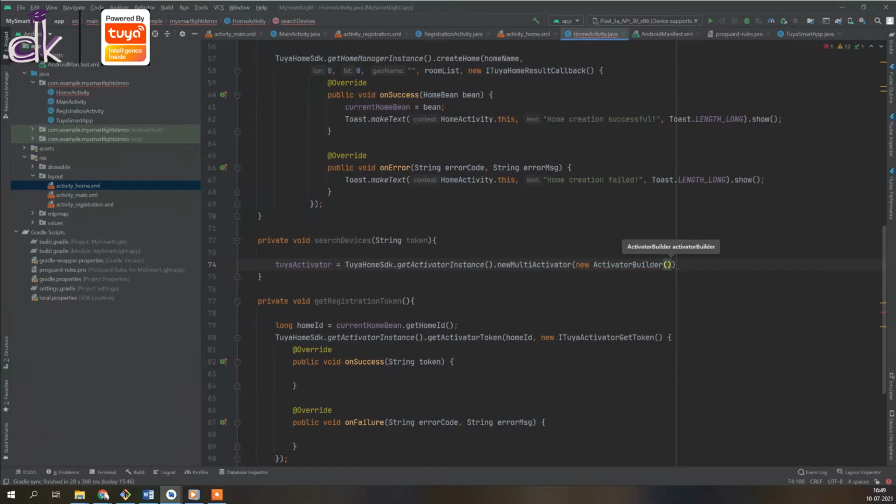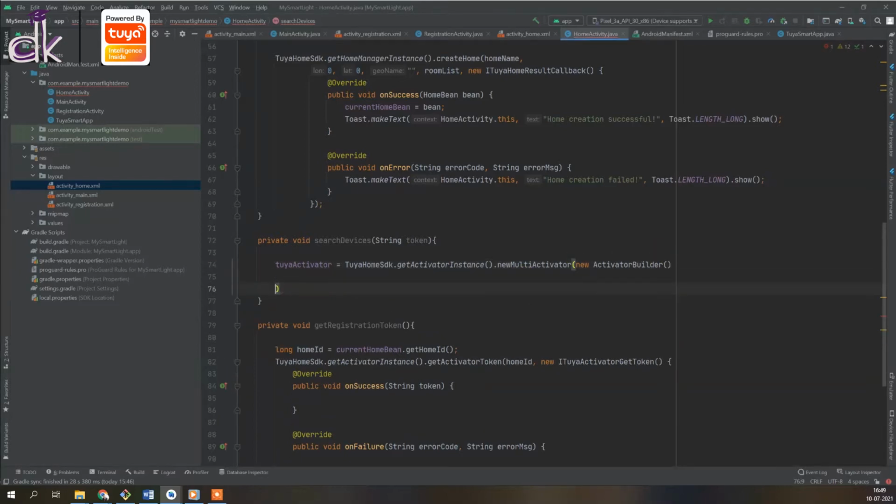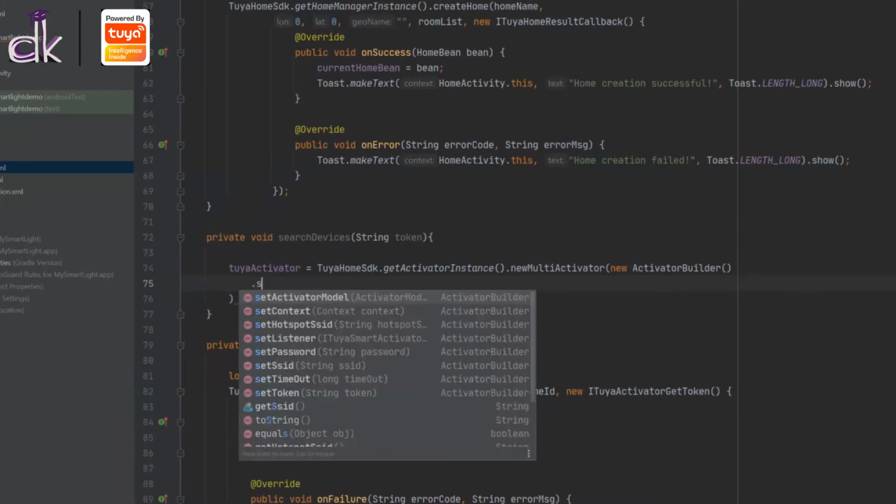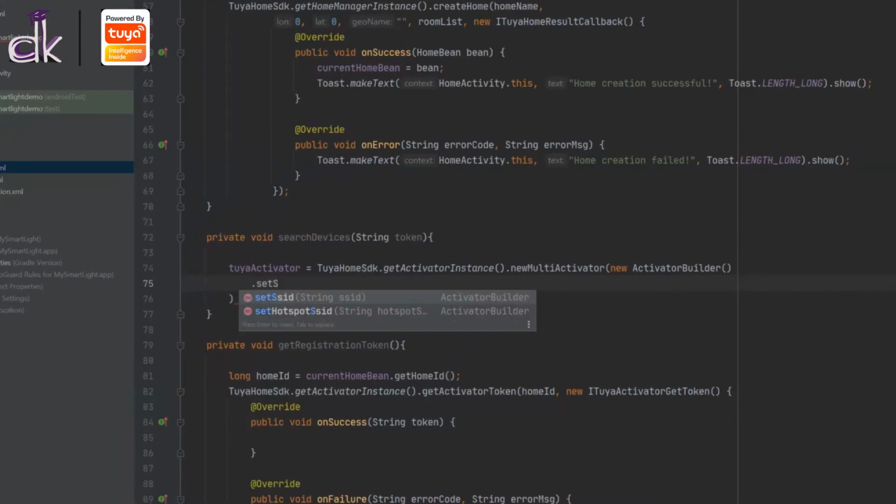And this will basically take in certain parameters, so just click on enter here. Dot set SSID. Okay, and you'll need to set the SSID.